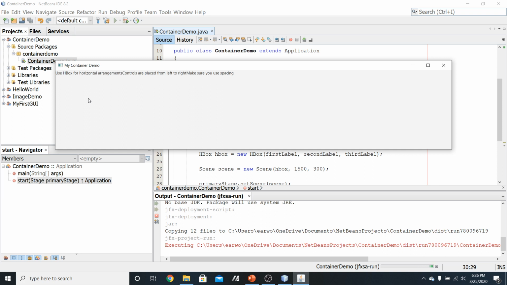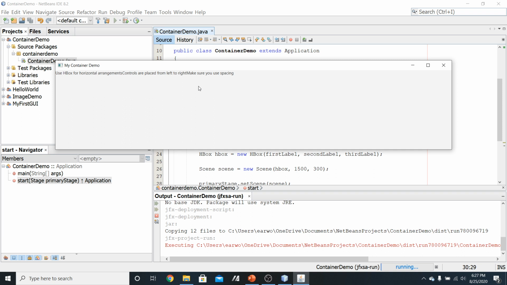Okay, so right now we've got our 3 items up in this top left corner. So part of this will require repositioning this somewhere else. We can see that if we use 1500, that's more than long enough. By 300, that's also more than tall enough. It seems like I might actually be able to reduce these dimensions in a moment, so maybe make a slight adjustment later. But in addition to the content being pushed up to that top left corner, meaning that we'll need to adjust the alignment,